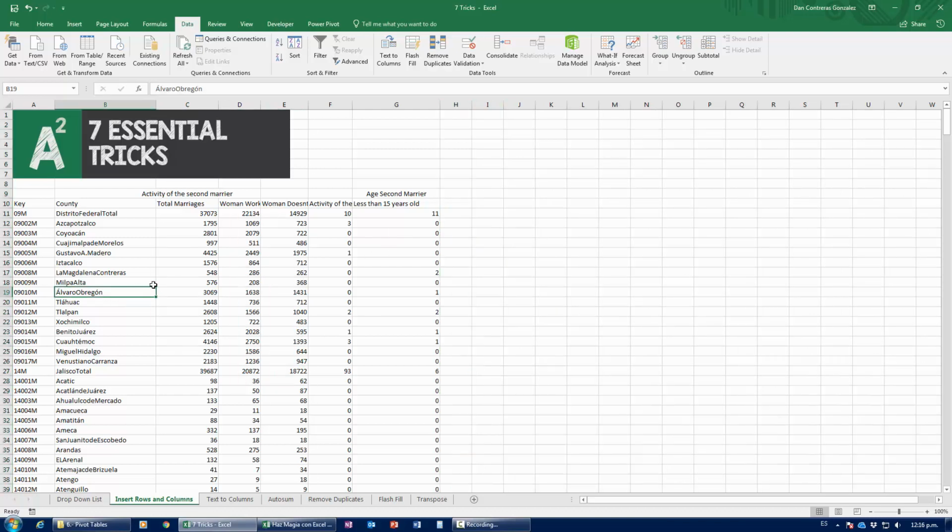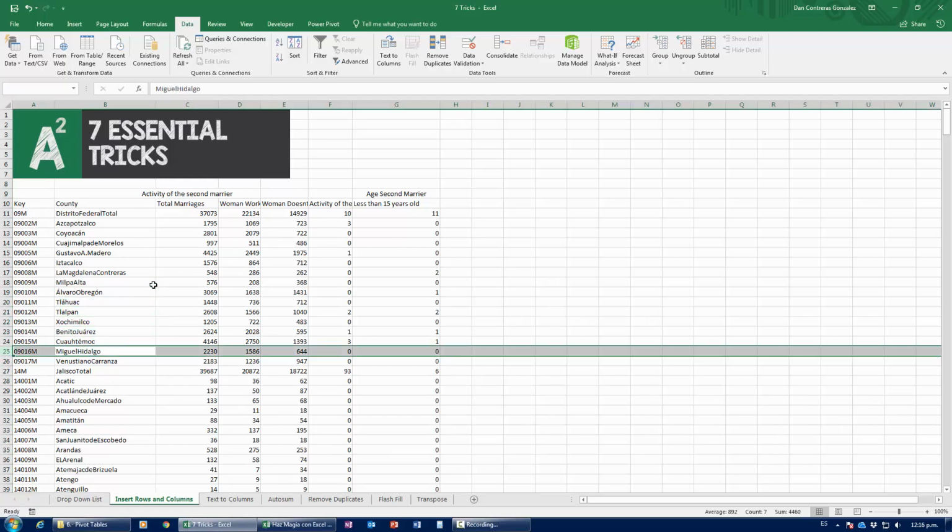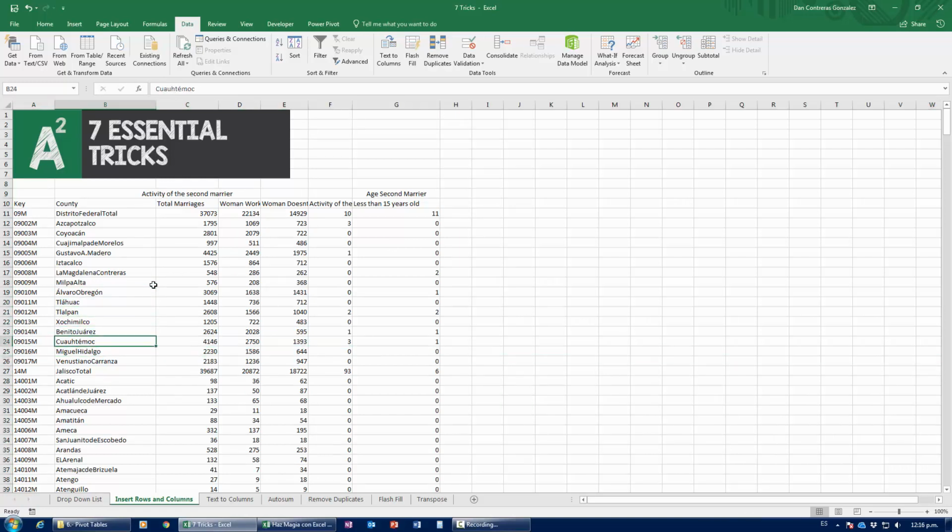Now, make sure that in order to select rows, you have to press Shift and Space, all right? Shift and Space. So these are all of the delegations for Mexico City. If we wanted to add a new delegation for some absurd reason, I don't know, if they created something new,